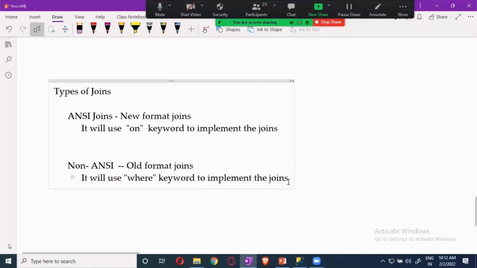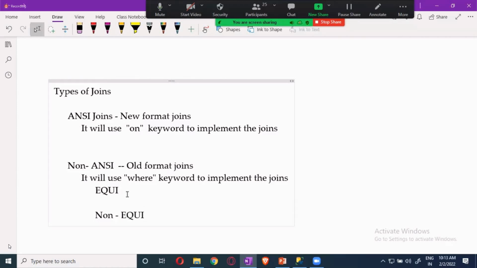This is further divided into more types of joins. Why I'm saying this is, we are not going to use it, but at least you should have a basic understanding. If someone asks you in an interview whether you have done ANSI joins or non-ANSI joins, you will have a blank face and look like a fool, so I don't want that. This is ANSI and non-ANSI, and in ANSI we have equi joins and non-equi joins.